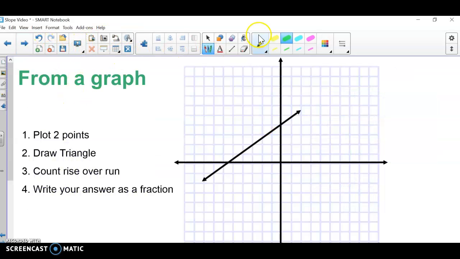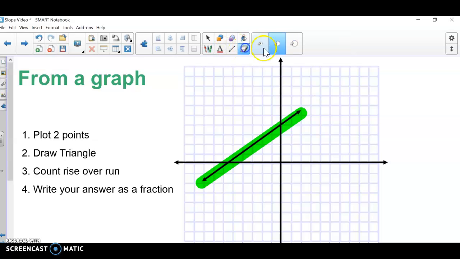Our next topic is finding the slope from a graph. So in this case, our picture that we have is right here, our graph. And in order to find the slope, we want to look at it from left to right. We are going up, so we know that it's going to be a positive slope. And then we need to actually find the value, so the number of the slope. So how far up and over does this slope go? So in order to do that,